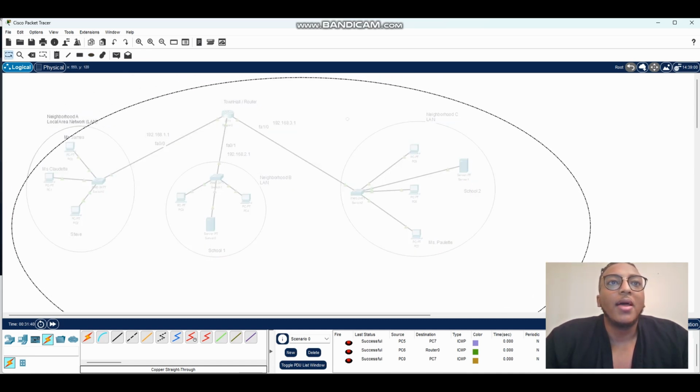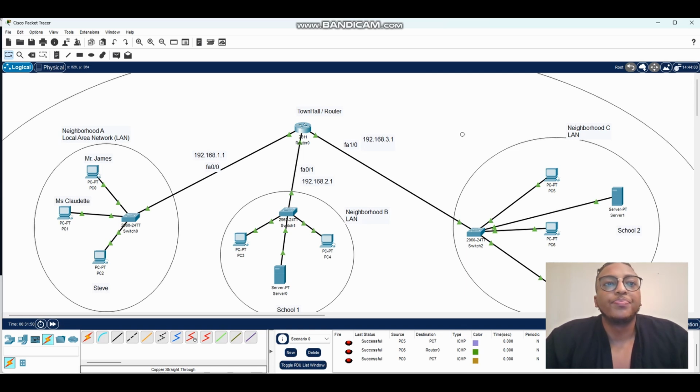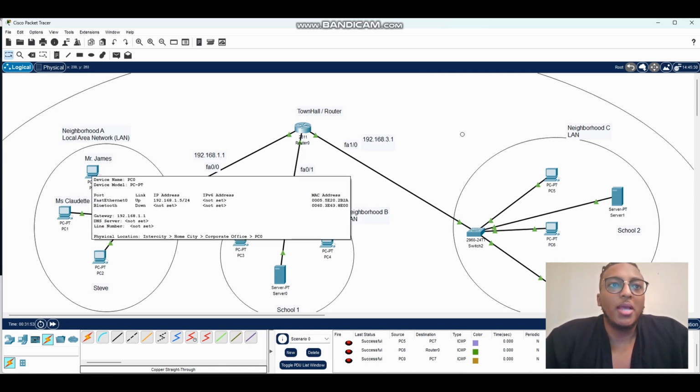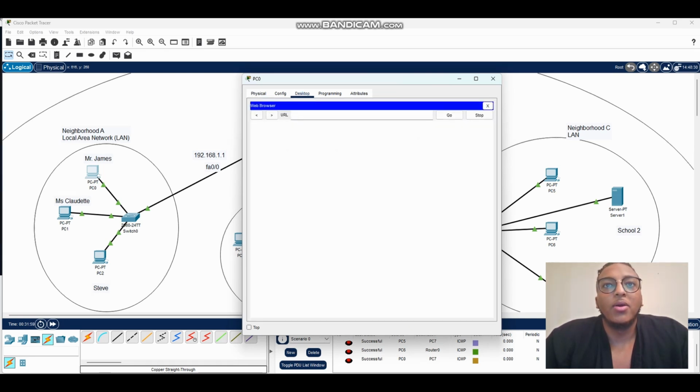Cool. Now the last thing that I want to do is basically just showcase a little bit. All right, so Mr. James, this computer has a web browser. We just proved that we can connect to different neighborhoods. So we should be able to see 192.168.2.30, which was the address of our web browser. So if I hit go,